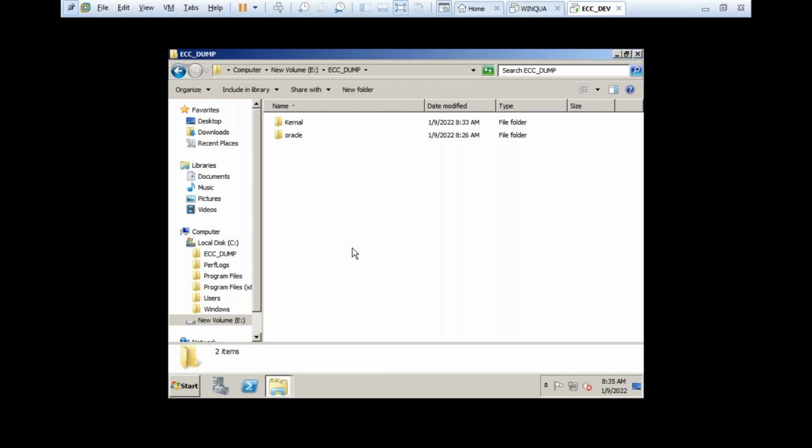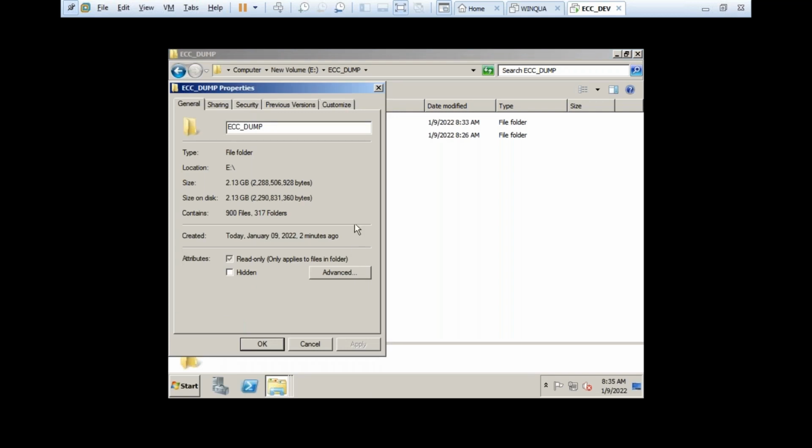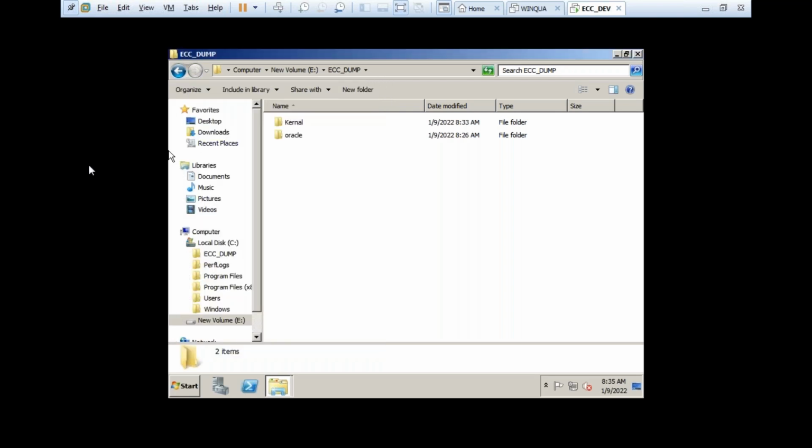Take computer properties. Not drive properties. Take the left side computer icon. There, right click properties.